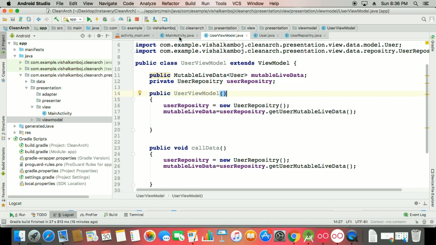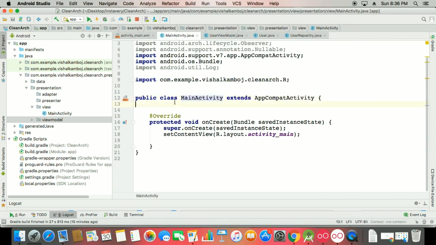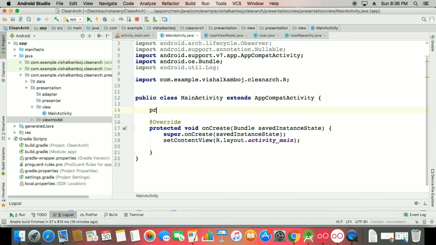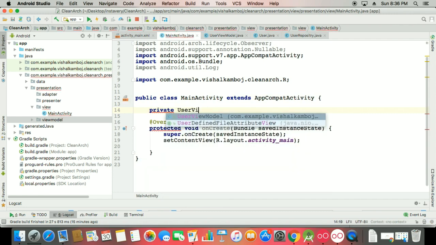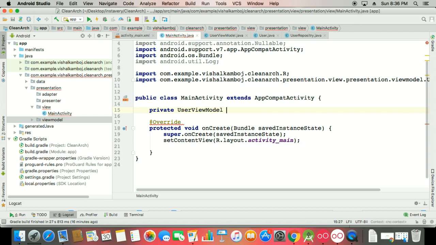Now I have to call this in the main activity, and for that you can make your private user view model, because our view always interacts with our view model. So that is your user view model.